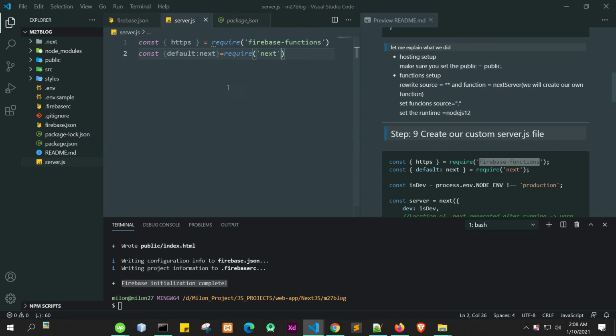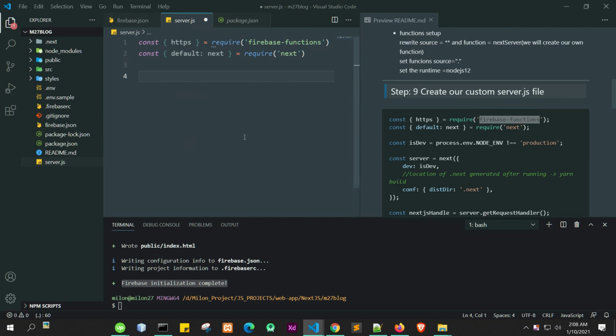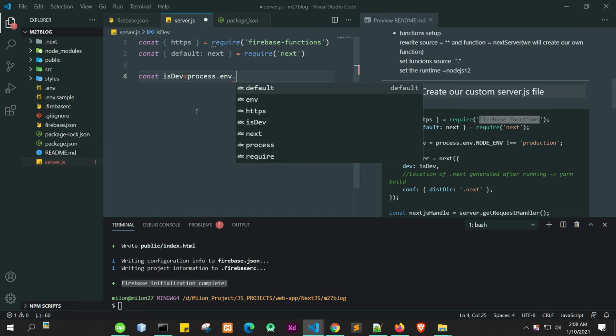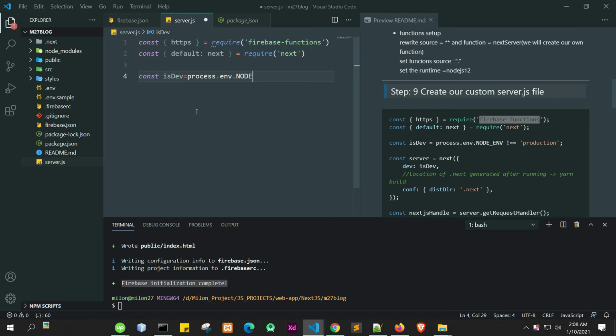Okay, after that we'll check whether we are in development mode or in production mode. For that we will write const isDev equals process.env.NODE_ENV not equal